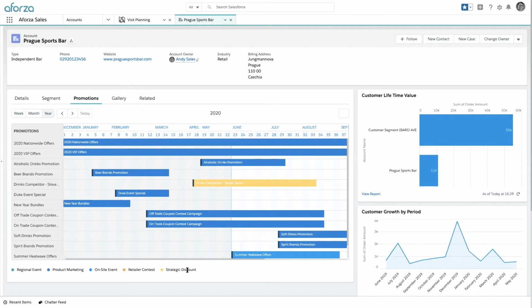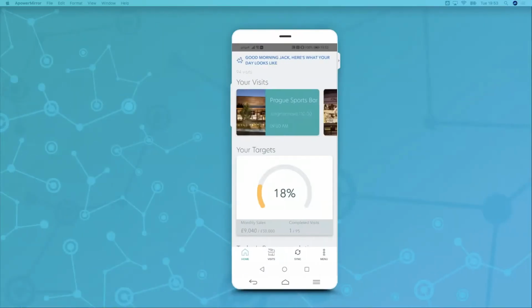Now this response has been configured and pushed to all of Andy's field reps, who can now take advantage of this in the field when they're in front of their customers. So over to Fred, who will now sign into his Aforza mobile offline application and execute a field visit in front of his customer. Fred logs into his Aforza mobile offline application, where he can view all of the upcoming